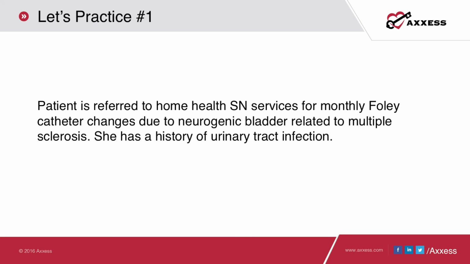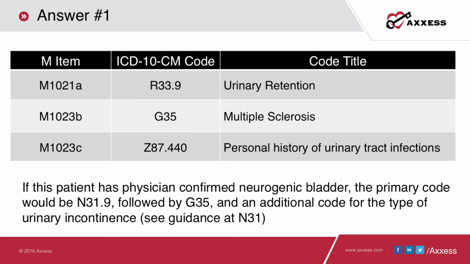The most common mistake I see in this particular scenario is that the agency might mistakenly put multiple sclerosis as a primary diagnosis. And you can certainly code multiple sclerosis primary if you're giving services related to mobility training or something in addition to the Foley catheter changes that are needed. In this case, the only reason we're there, though, is the neurogenic bladder and the Foley cath changes. So for that reason, your primary diagnosis should be